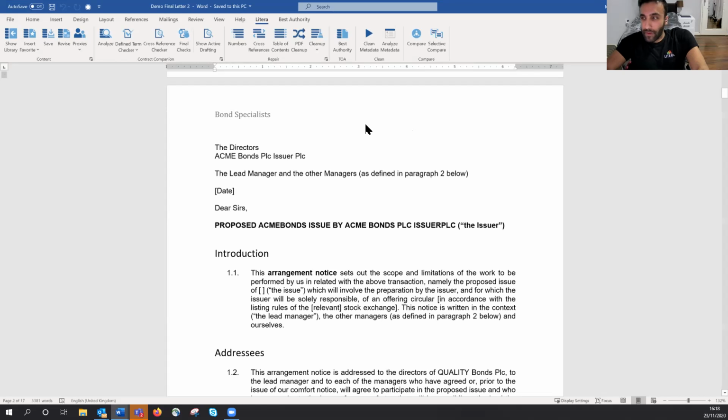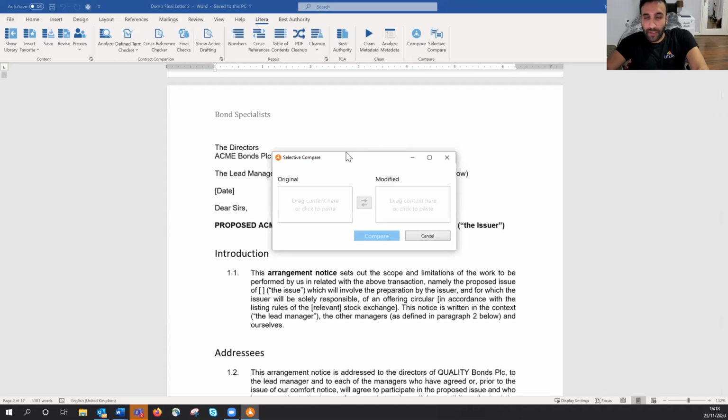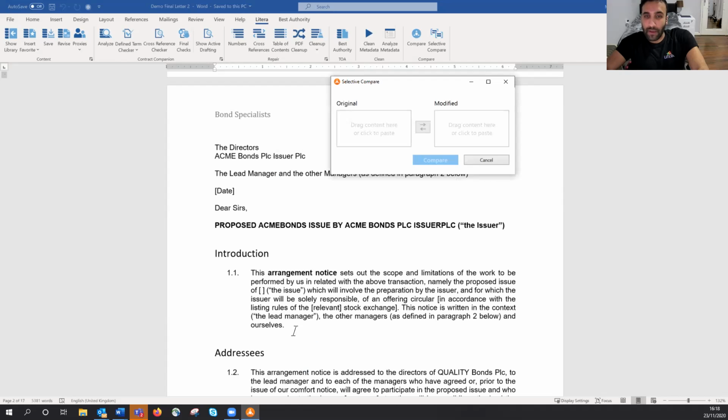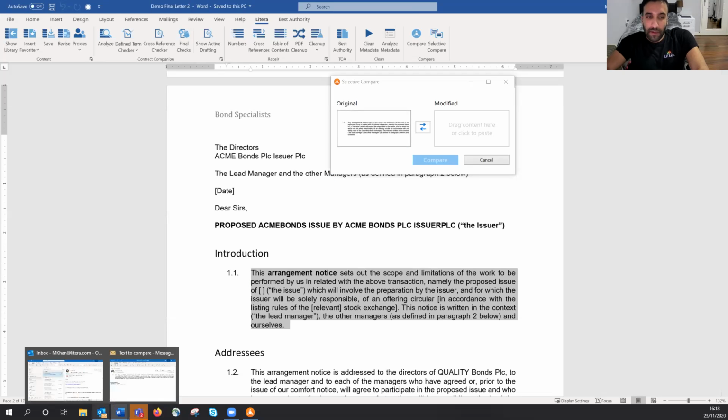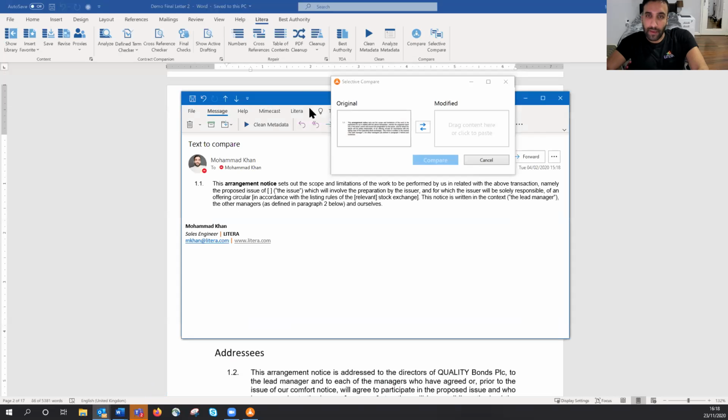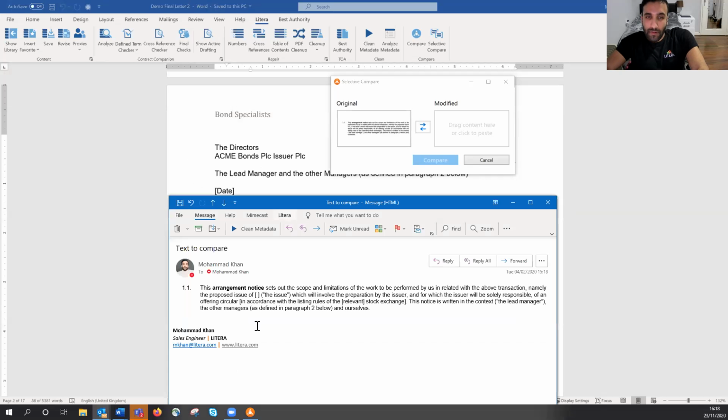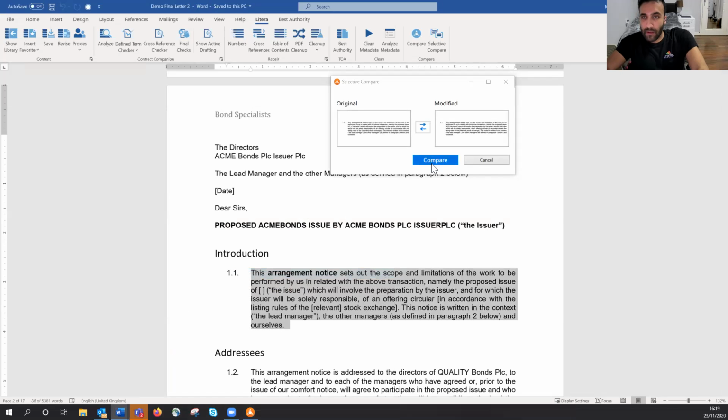And once this opens up, you'll have a dialog box in which you can add your content. Now I can copy and paste this, or I can drag and drop it. So I've highlighted which content I'd like to compare. I'm just going to drag and drop it into my original. And I've been sent content through an email, which I'd like to compare this against. So this is the text that I'd like to compare with the paragraph. And again, I'm just going to drag and drop it into the dialog box. Now, once I click compare,